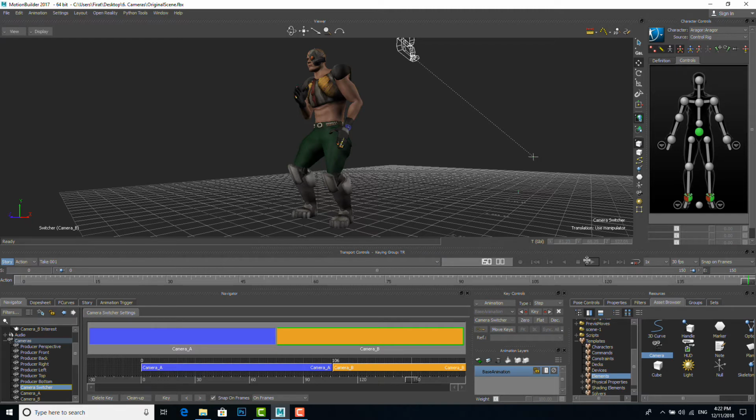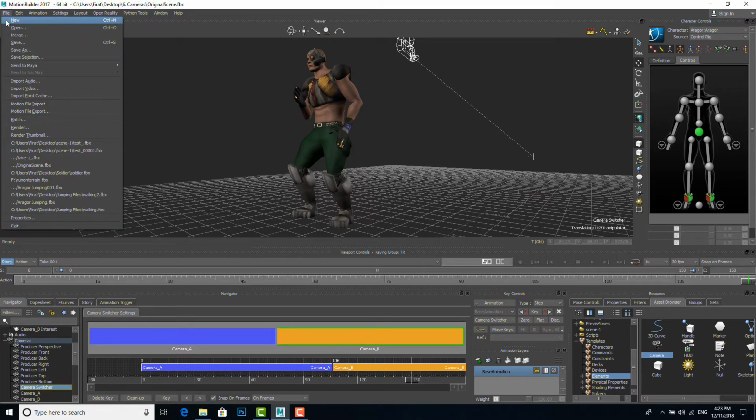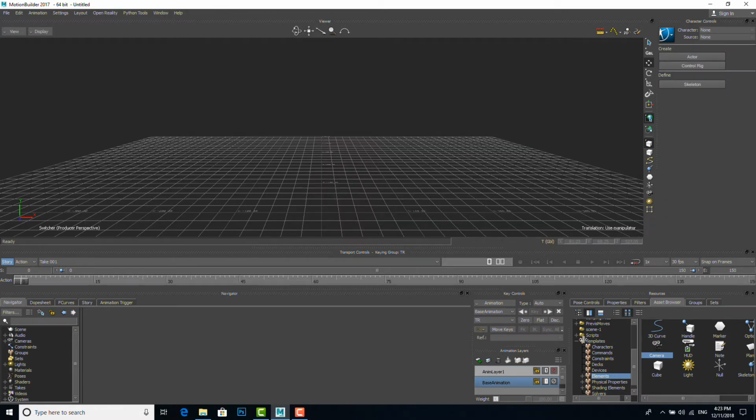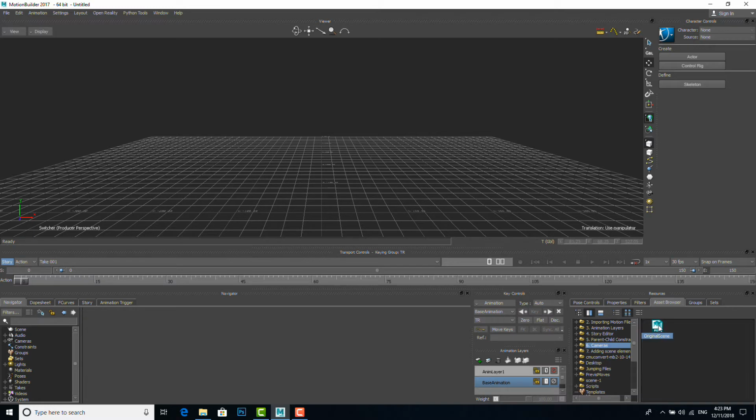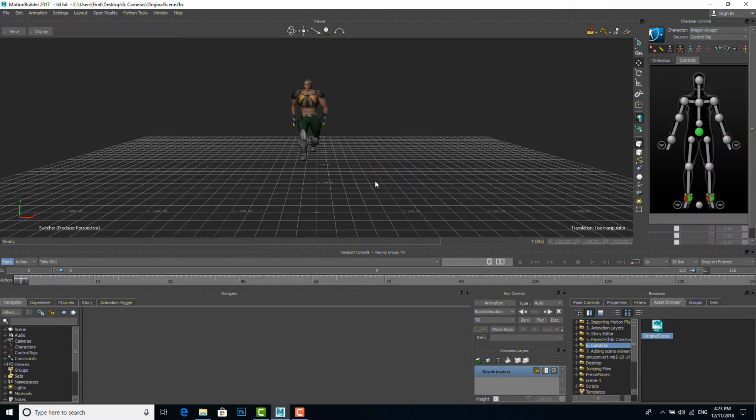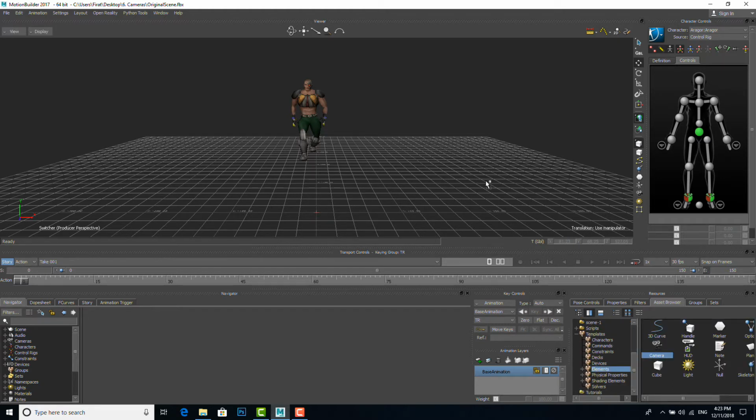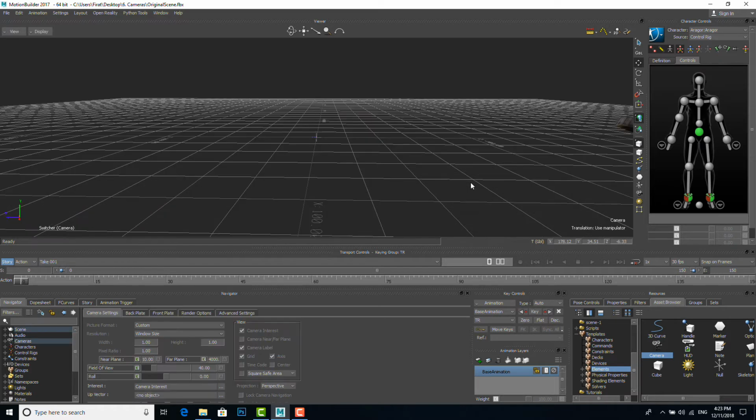Now let me show you a different way of animating your camera. And to do that, I'm actually going to create a new project by going to File, New, don't save. And again, I'm going to use the same FBX file, which is fine. And now what I want to do is put a camera right in the middle of this character's walk path. So I'm going to add my camera,